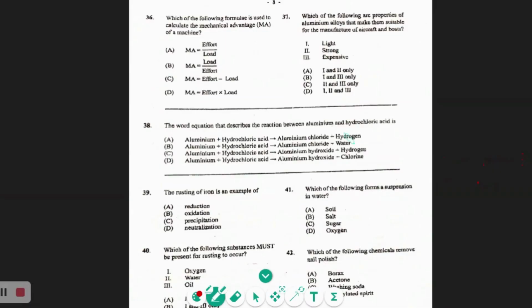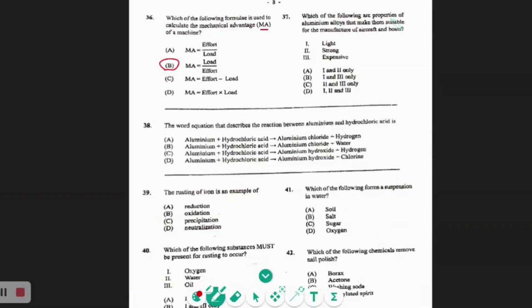36. Which of the following formulae is used to calculate the mechanical advantage or MA of a machine? The answer is